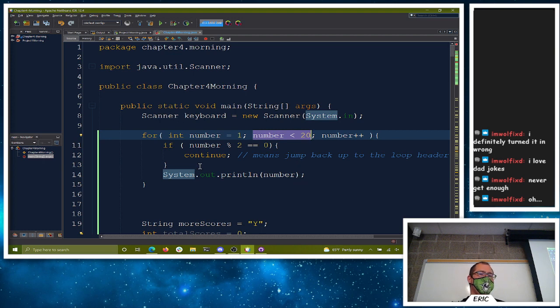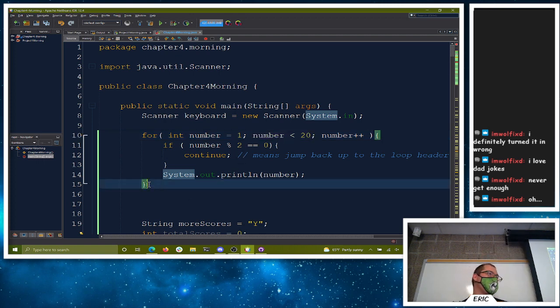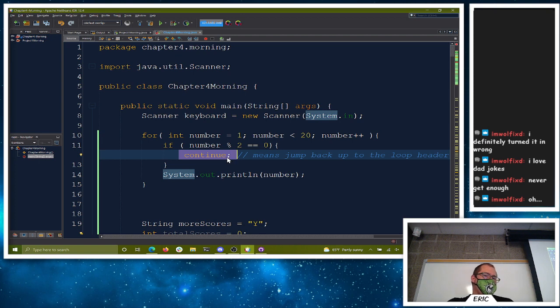So continues and breaks are relatively powerful, but sometimes they're confusing because they interrupt the regular flow of code. And we're used to, hey, here's the line, here's the next line, here's the next line, here's the next line. The only time you go back up is when you hit the bottom of a loop rather than the middle somewhere. So generally they're frowned upon, they're harder to read.